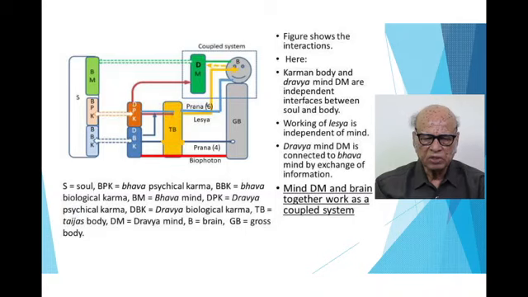Then proceeding upward, we have another line showing the 4 pranas. These 4 pranas originate in the biological karma, nam karma and ayush karma. These karmas interact with the tejas body and produce pranas, which are 4 in number, and these pranas interact with the gross body in the manner which we described in the earlier classes.